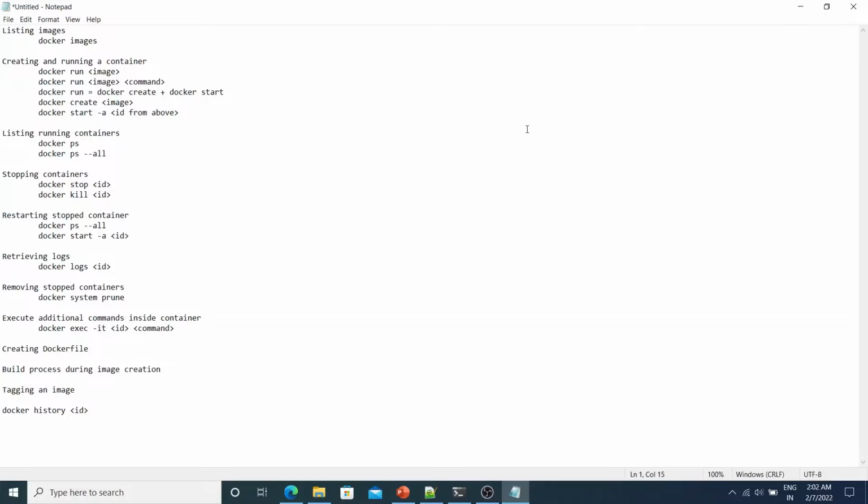Let's do a quick recap of what we have seen so far. At first, we saw listing of images using docker images command, which lists all the images present in your local system. Next, we saw how to run a container using docker run image command. We saw another variant of that where we can pass in our own command which would override the command that exists within the image. Next, we saw how docker run is a two-step process of first docker create and then docker start. Next, we saw how to list running containers using docker ps and docker ps --all, where the latter would also print the stopped